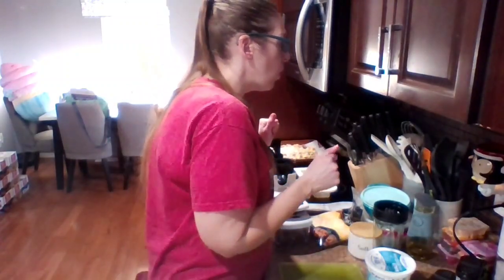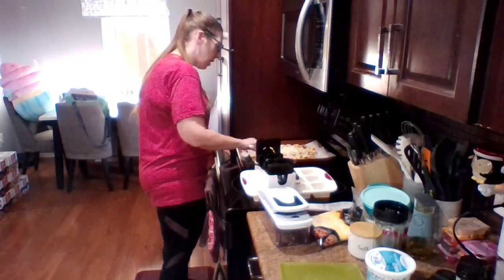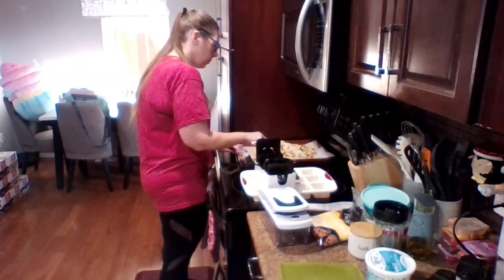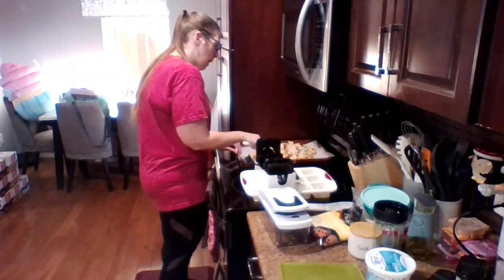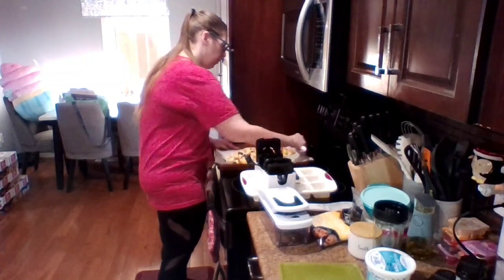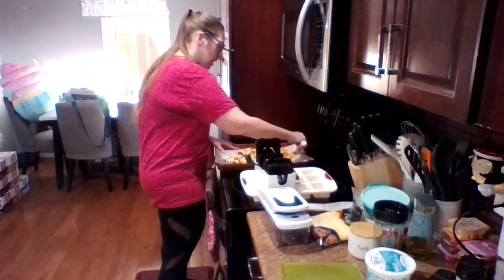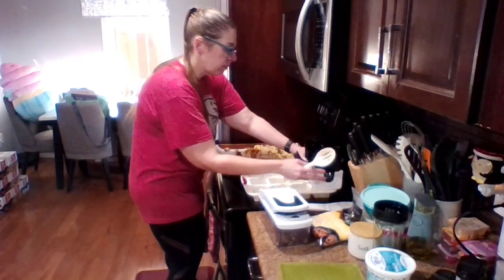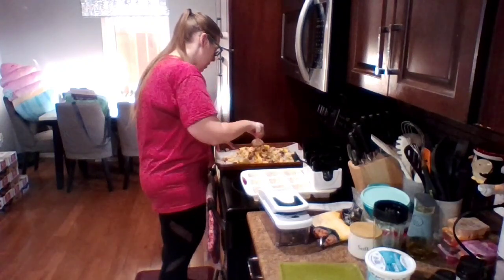Okay, now we're going to toss it together. I'm just going to use my little spoon here and kind of give it a nice little toss right on the pan here. Just to kind of get everything coated in that olive oil and get that salt and paprika moved around. You guys see what I'm doing, kind of? Sorry, my kitchen is just not set up for proper filming. I'm trying to get you guys to see as much as you can. I know stuff's in the way. But I'm just tossing it gently here. Getting the potatoes and onions